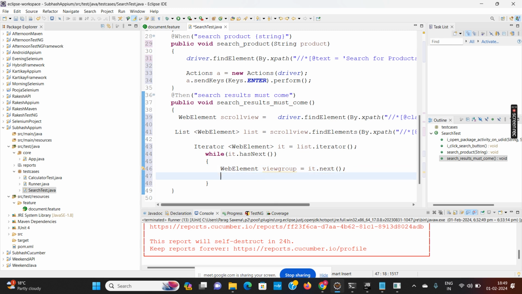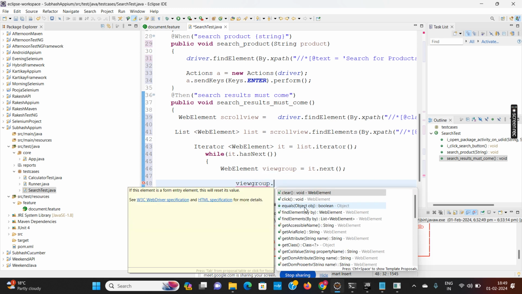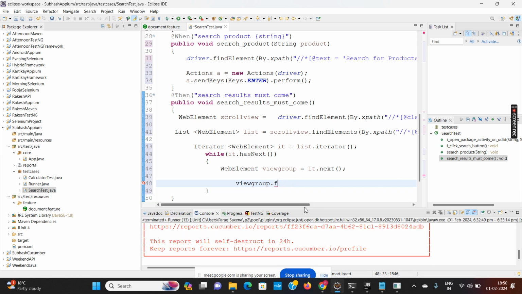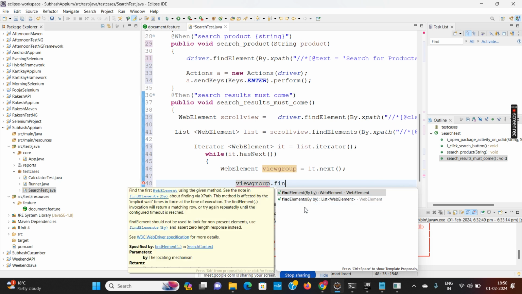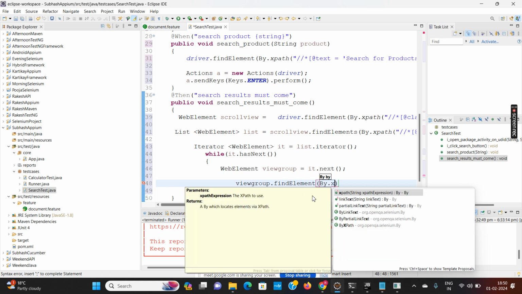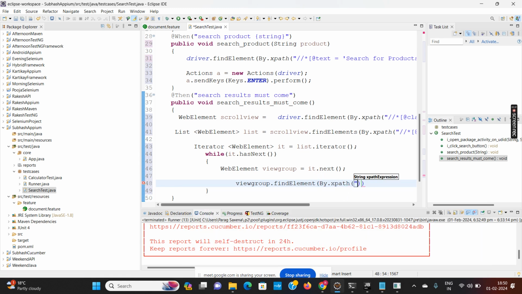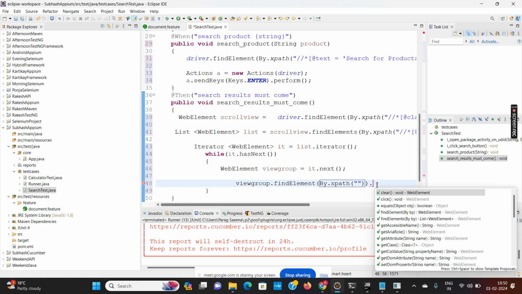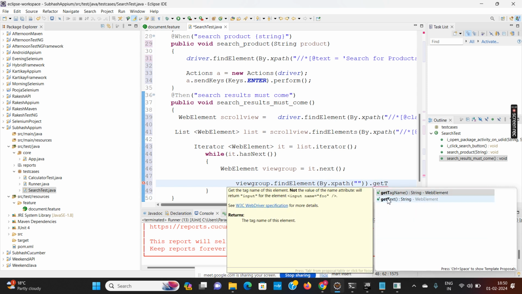And then again inside this view group, what I want to do: view group dot, because inside view group I want to find one more, find element by xpath, dot get text.